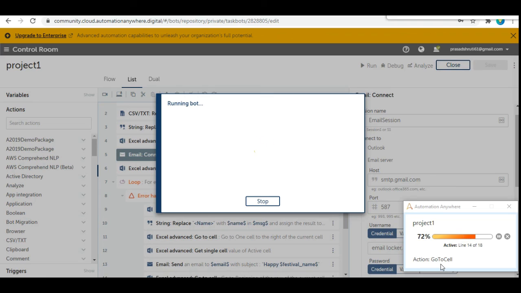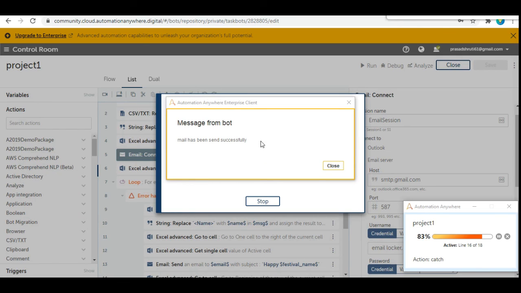Here my bot is sending a mail to different persons. So see, it performs send mail, then go to cell, then send mail. This operation executes 10 times because I have chosen 10 persons to send a mail.